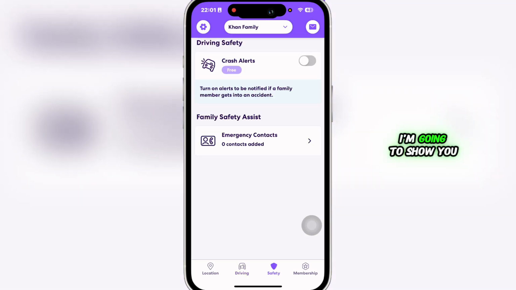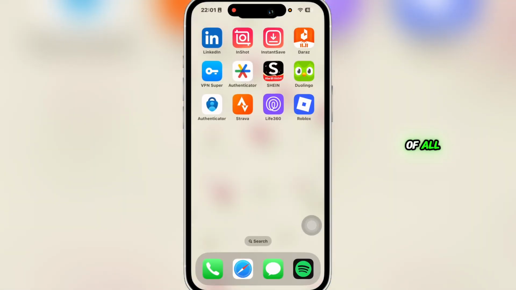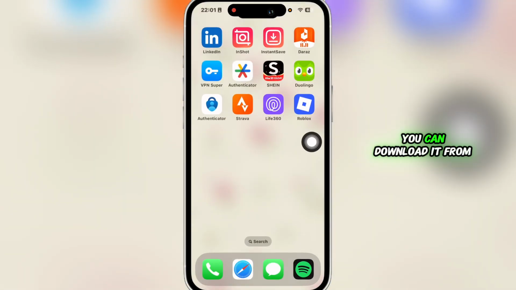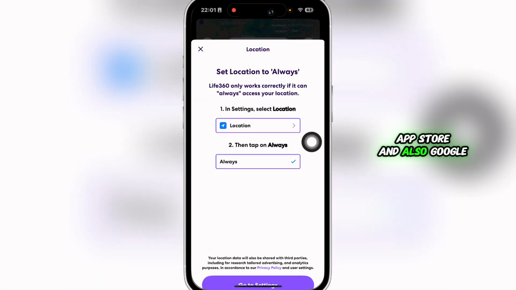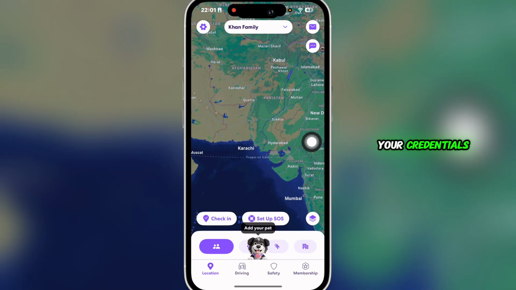In this video, I'm going to show you how you can enter Life360 invite code. So let's get started. First of all, obviously, you need to download the application of Life360. You can download it from App Store and also Google Play Store. Once done, simply sign in with your credentials, and then what you got to do is that if you have